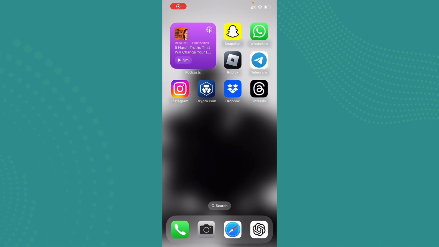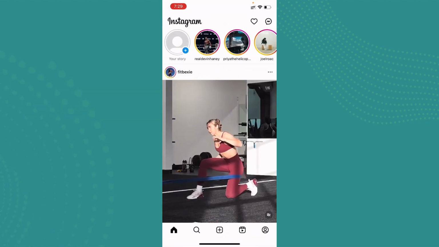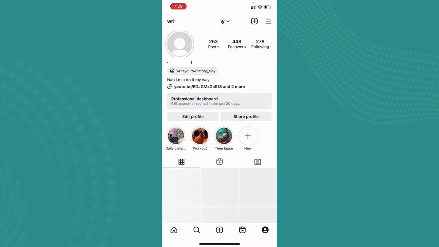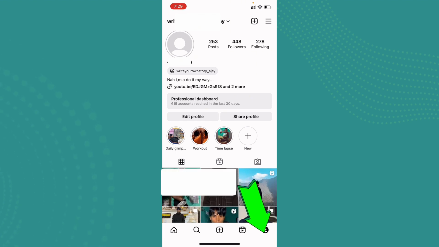In today's episode, I'll be guiding you on how you can change Instagram theme to black. So to get started, go ahead and open up your Instagram application. Now the user face will appear somewhat like this, and as you can see my theme is white or the light one. You can just go ahead and tap on that little profile icon which appears on the bottom right